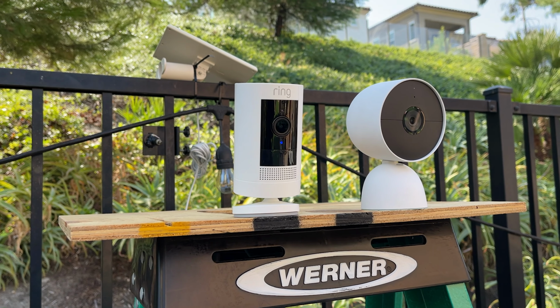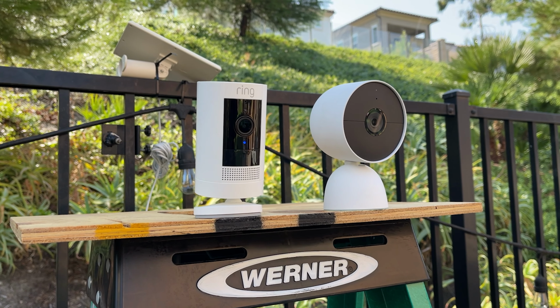So I've got to say, between these two cameras, taking a look at the comparison between the two, because of the night vision, and I'll also mention even just the app. You have to use the Google Home app and get the camera integrated into that. You're then going to check your video history, which is going to be kind of confusing and hard to do. There's not a ton of options, where I think Ring's probably got one of the best apps out there for monitoring your system. So with Ring having one of the best apps and the best night vision out of these two cameras, I can forgive the quality loss in the day shots,